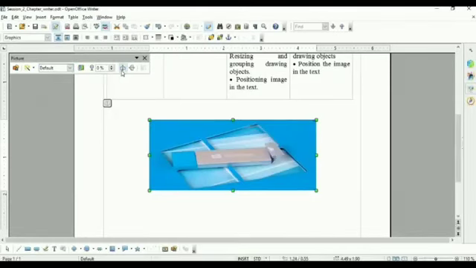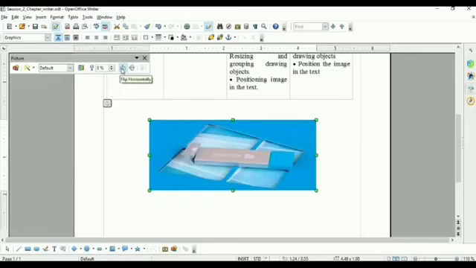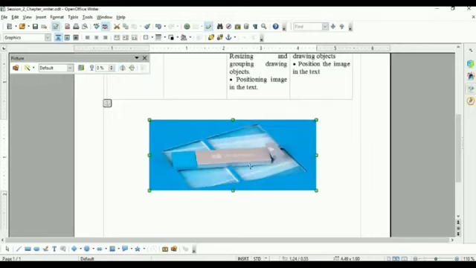Next, flip horizontally or flip vertically. These two options are available. Flip horizontally or vertically is just like rotate. Means rotate your picture by 180 degrees. Click on flip horizontally, see the change. The word Windows is written like this, in this manner.